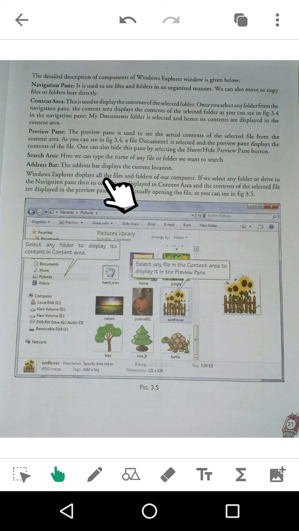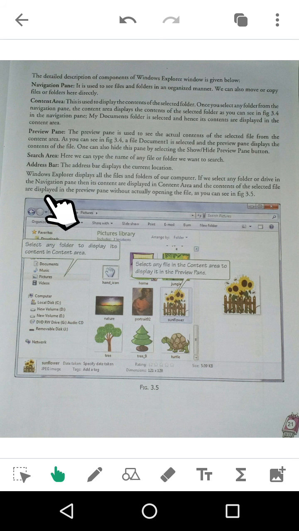Windows Explorer displays all the files and folders of your computer. If you select any folder or drive in the navigation pane, its contents are displayed in the content area, and the contents of the selected file are displayed in the preview pane without actually opening the file. The address bar displays the current location where your pictures library is.